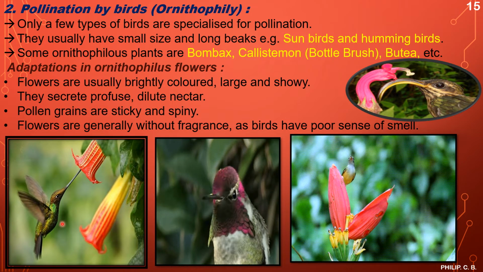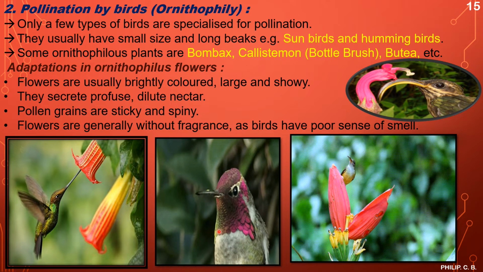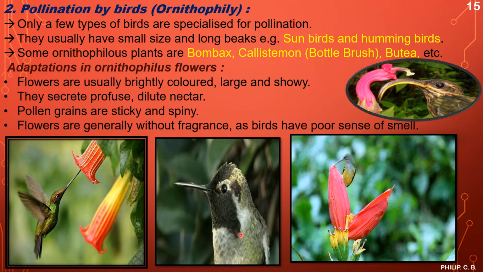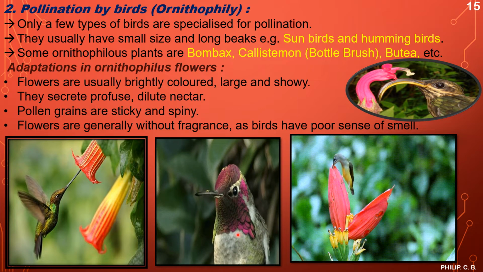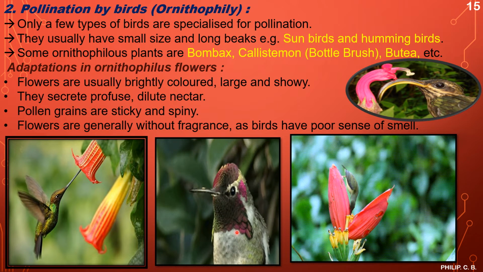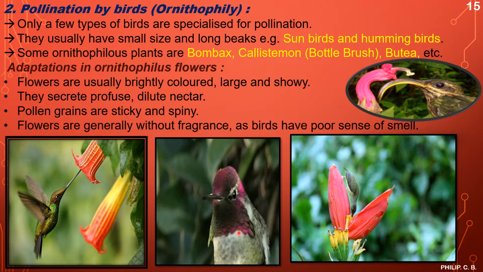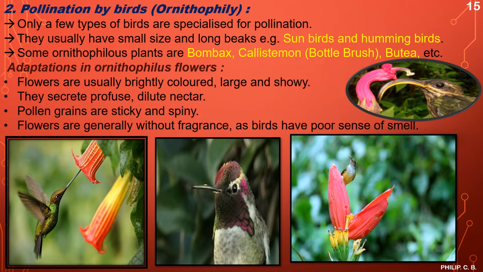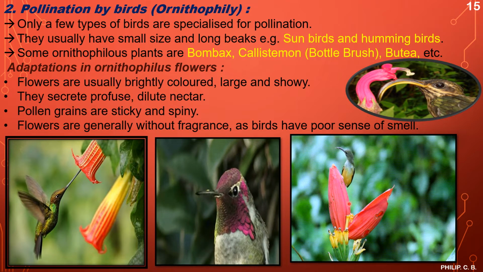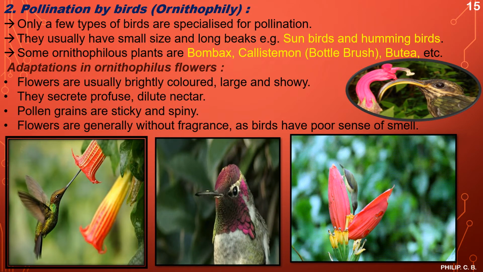So you can see a hummingbird pollinating, the beak is long. The second, I put an animation image. If you observe the neck part of the bird, the color keeps on changing. That is another unique feature in case of hummingbirds. Then here is another image of a sunbird. If you observe carefully, the beak is slightly curved.